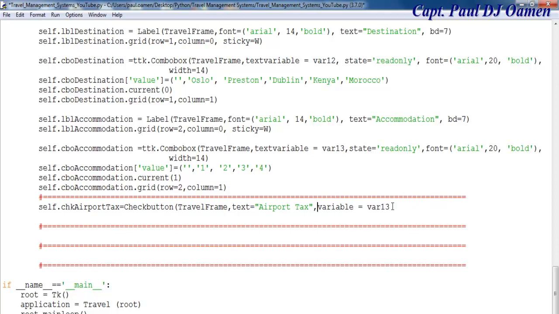That is going to be 1, I'm going to put my very first one, comma, on value equals 1, and the off value, that's going to be 0, comma,